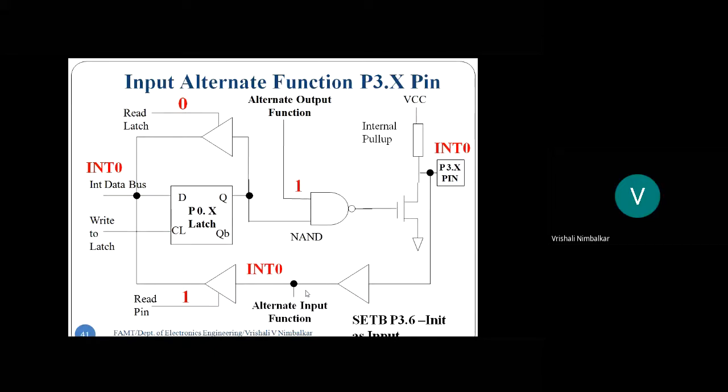Okay, wire ending means x ANDed with x, the output is x, right? So whatever is at INT0 gets ANDed with INT0. So what gets transmitted ahead? INT0. Okay, so when the alternate function input is taken, it's available on both the places, at the external pin as well as internally inside the microcontroller. Okay, so we finished up with this part, students. We finished up with port functions.